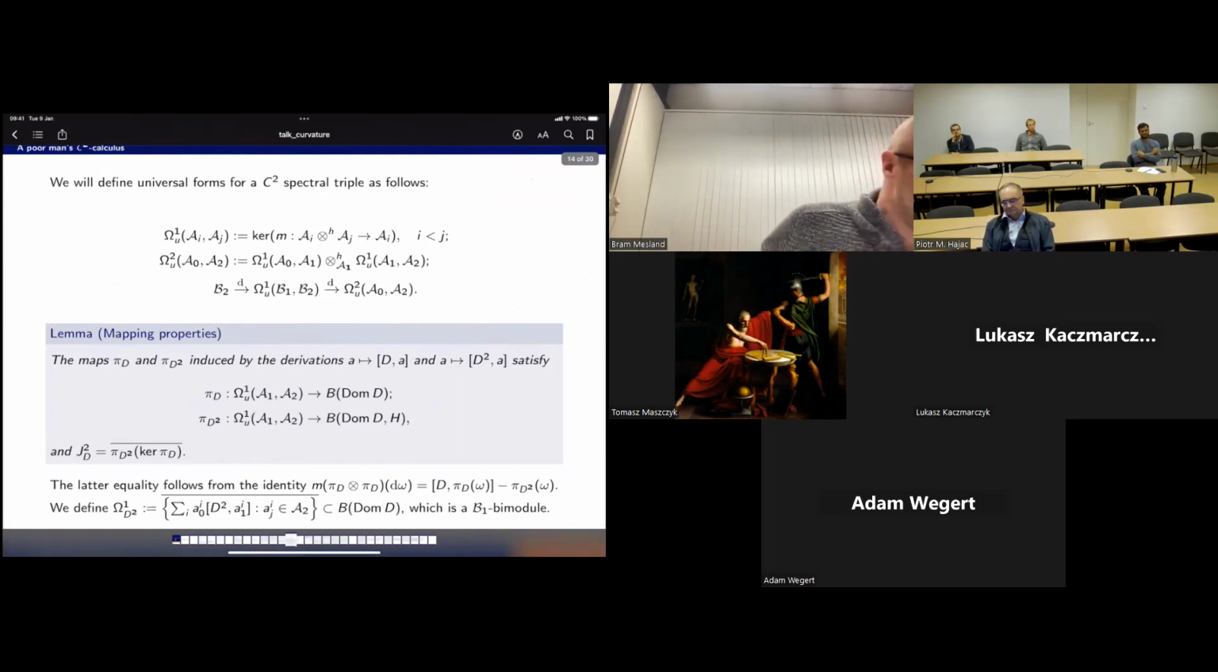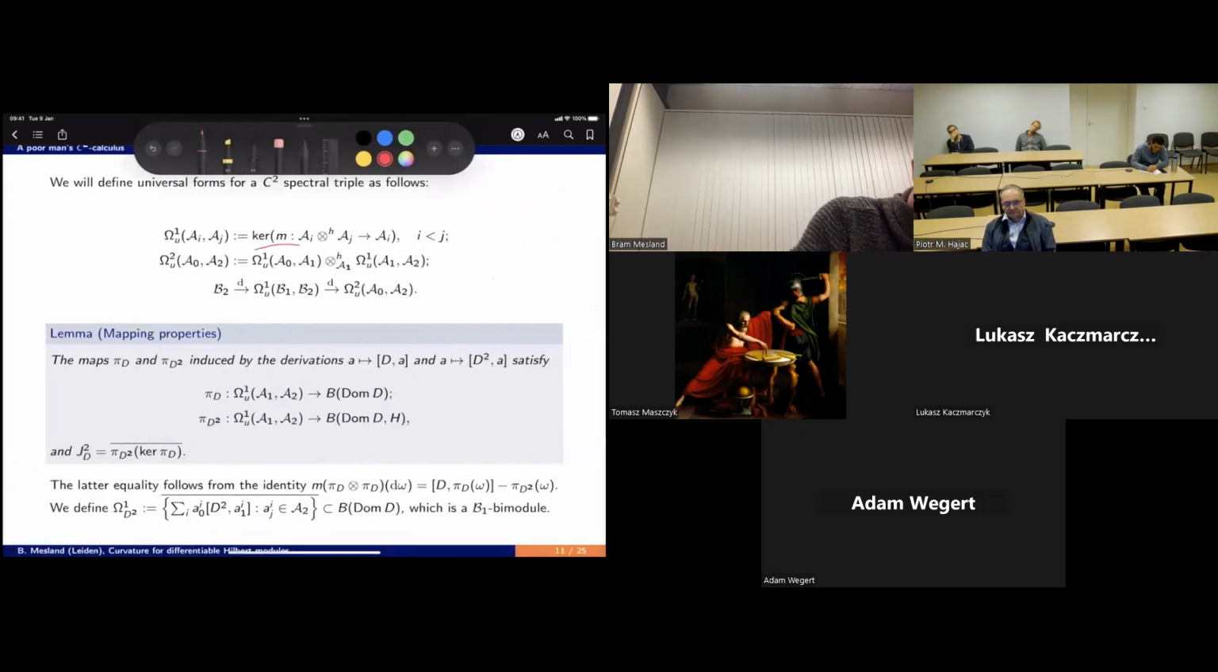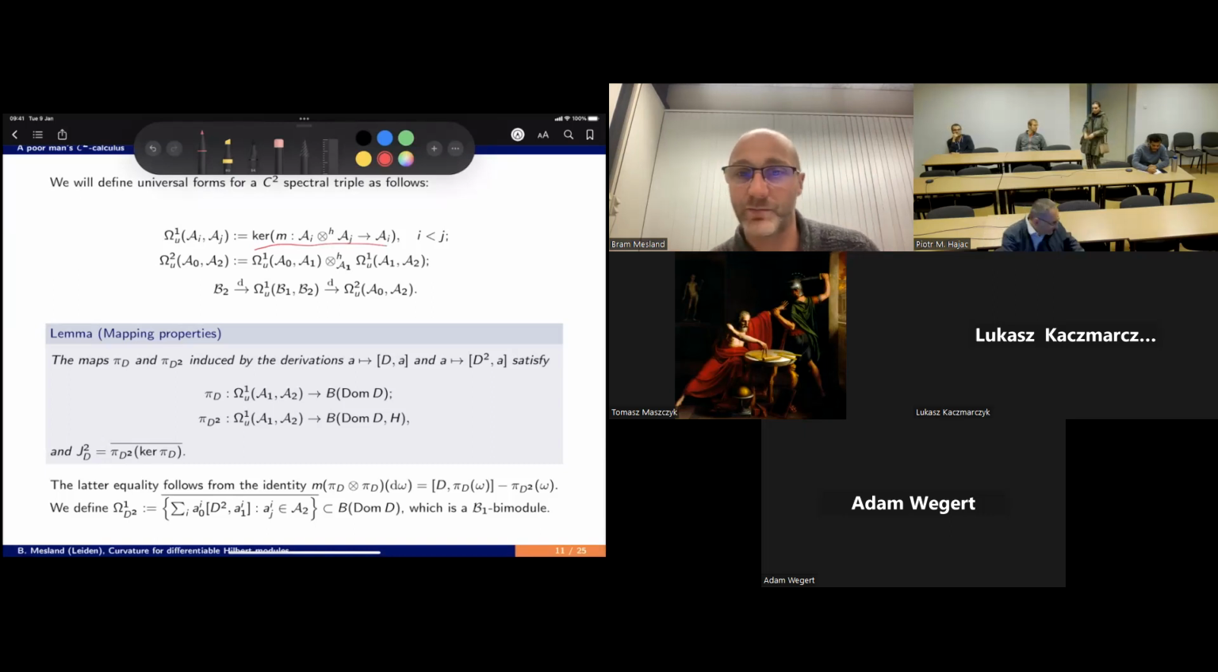So now we use that to define forms. As you see, this slide is called a poor man's C2 calculus, and that's because I am not going to get a full calculus, and I'm really going to have to work with my hands and feet here. So I'm going to define one forms as being the kernel of a multiplication map like this, but I want to again be able to work with either my A0 and A1 or A1 and A2 together, and then end up in